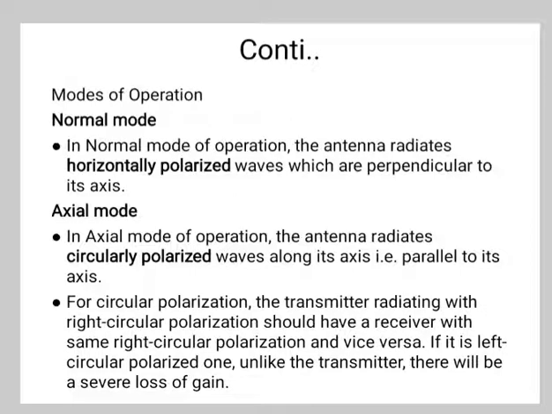So we will see the advantages of the turnstile antenna. High gain is achieved by stacking. Super turnstile produces high gain output and better directivity is achieved. And the disadvantage of the turnstile is that the radiation power is 3 dB below the maximum radiation of the half wave dipole radiating the same power. And the application for the turnstile is that it is used for VHF communication, for FM and TV broadcasting, in military communication, and in satellite communication.